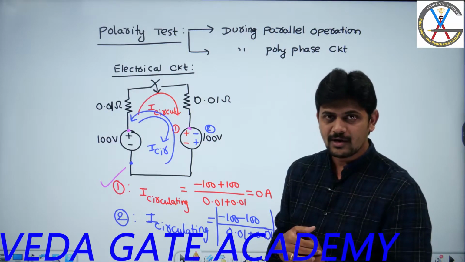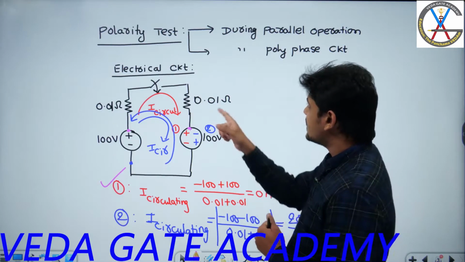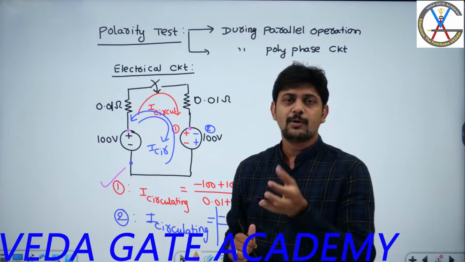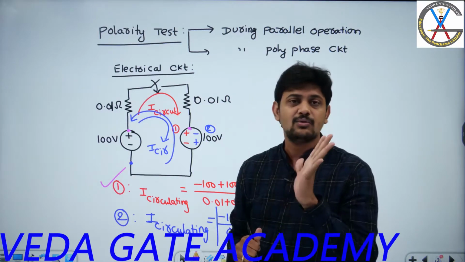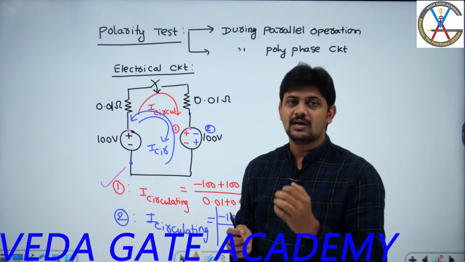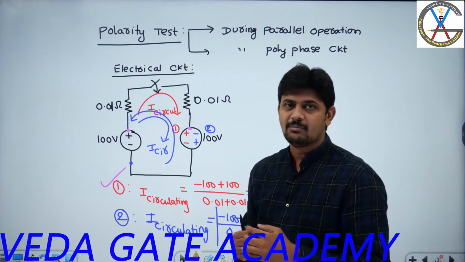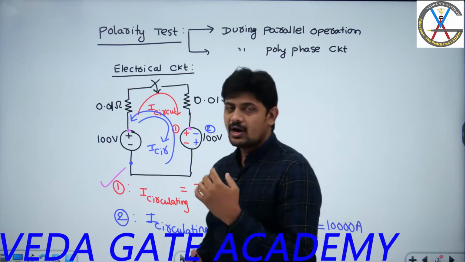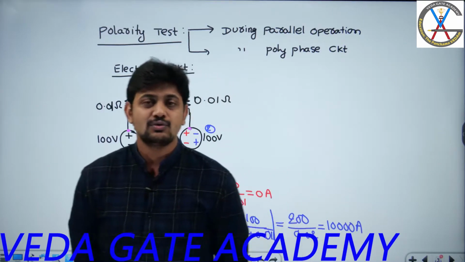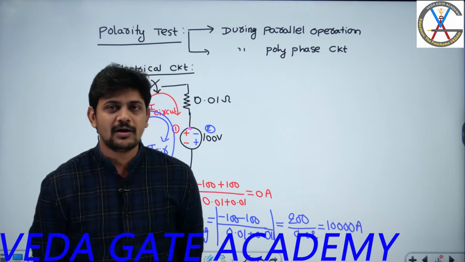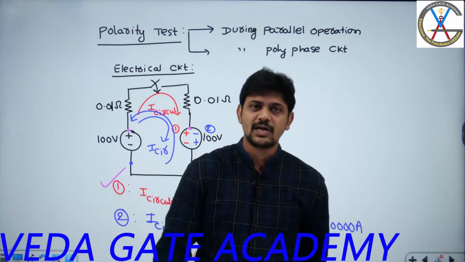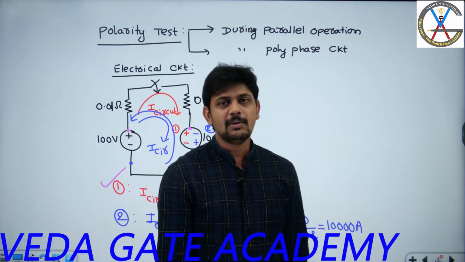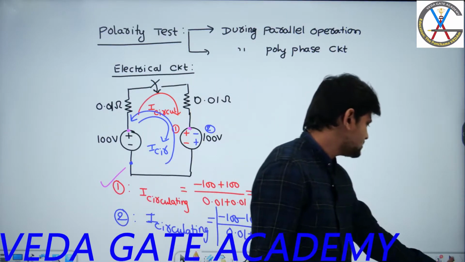Are you following what I am conveying, guys? So that is the necessity of going for polarity test. For proper parallel connections, I must understand the polarities of the second transformer with respect to the first transformer. Or else, in polyphase circuits also I require polarity test. So what can we get from polarity test? The relative polarities of secondary winding terminals with respect to assumed primary polarities can be obtained by using polarity test.